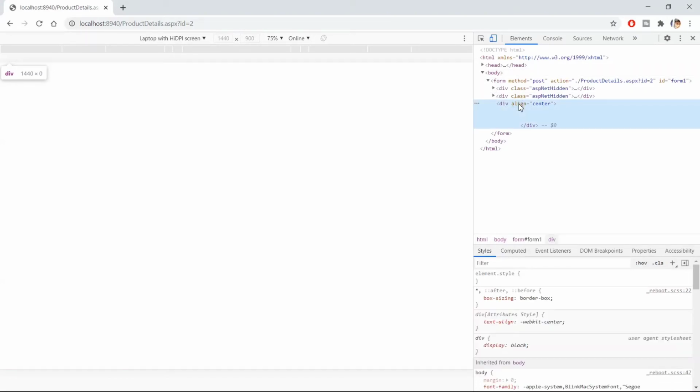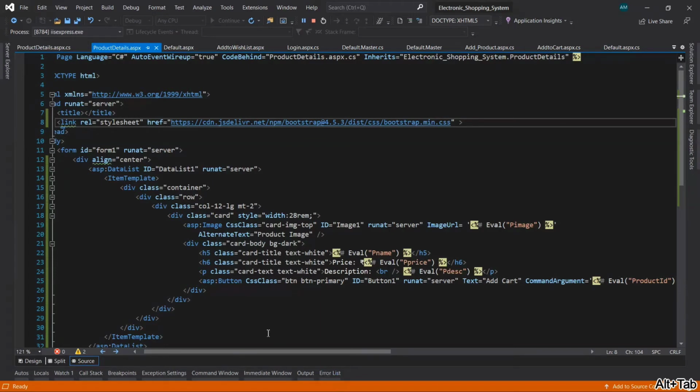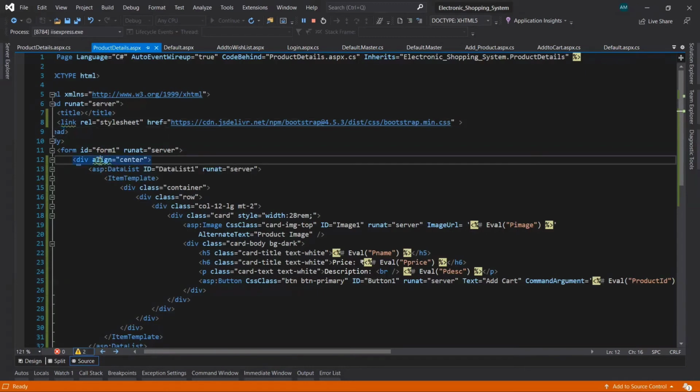Inside the div, it's not displaying any control. So let's see. In the product details page, inside the div tag, we have taken the data list control.